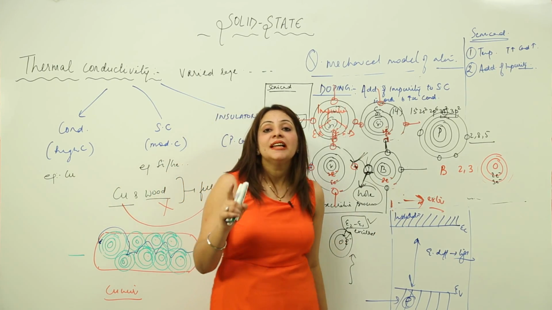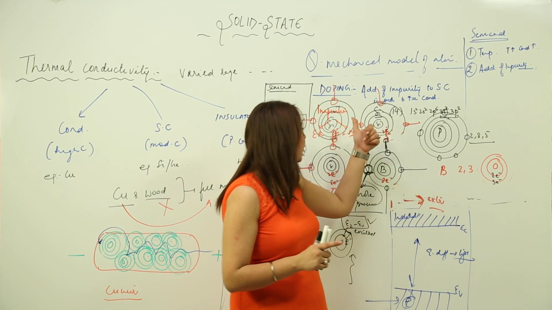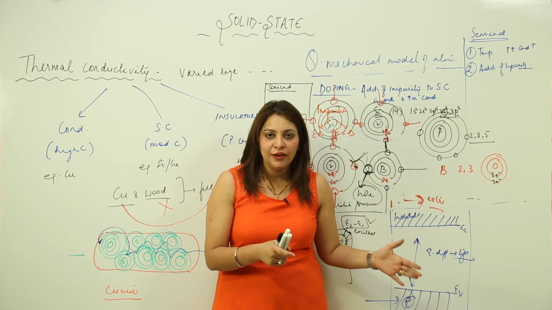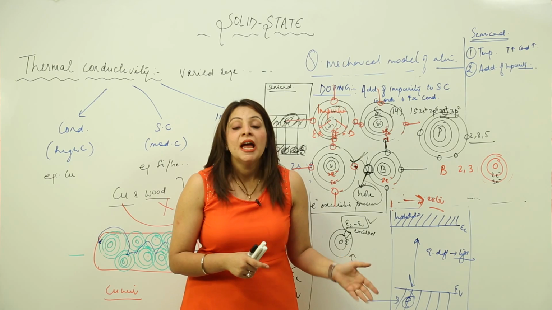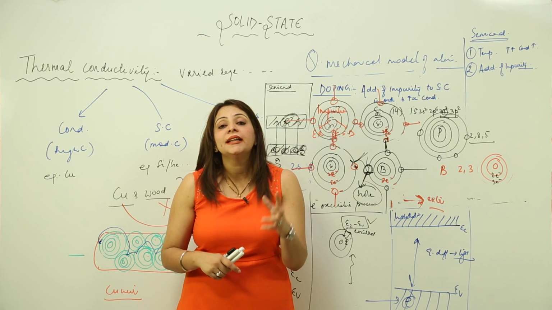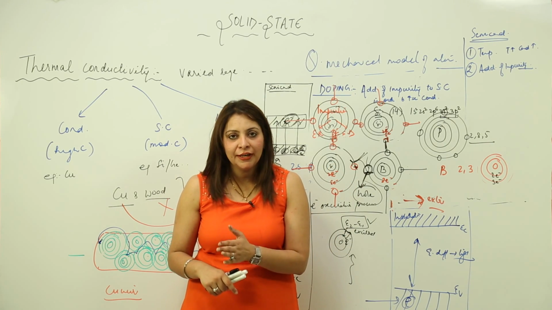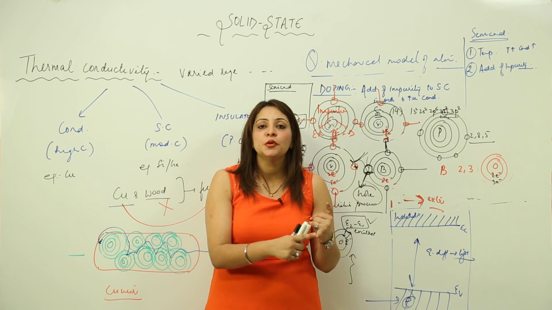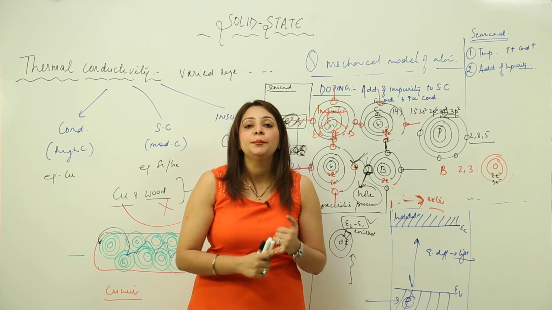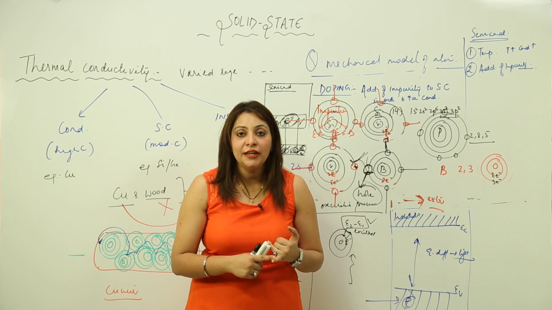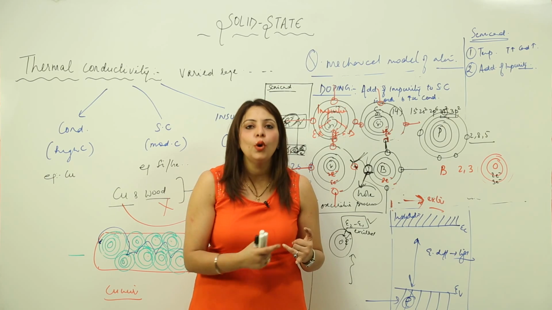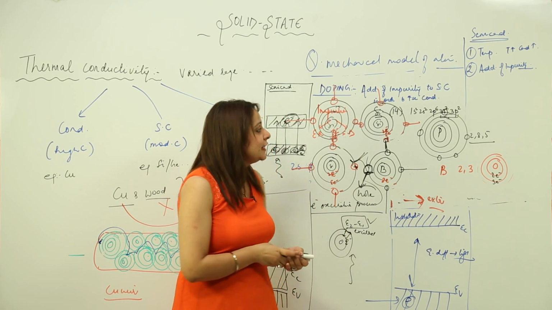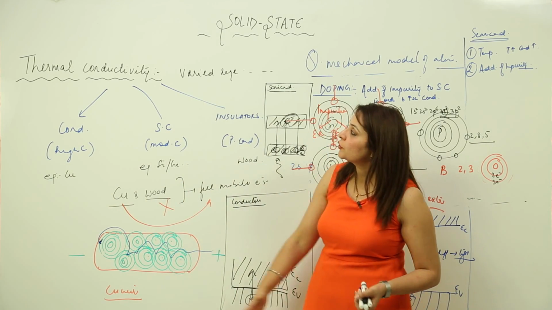One more thing: when you add an electron rich impurity to silicon, it becomes N type, where you see an extra electron, and when you see a hole, it is called P type, right? P type semiconductor. So we have 2 kinds of semiconductor. One is N, which possesses an extra electron, and one is P type. When you add an electron deficient impurity, that leads to the occurrence of holes in the crystal, right? But both of them are increasing the conductivity. So this is how you are going to comment when you get a question related to the thermal